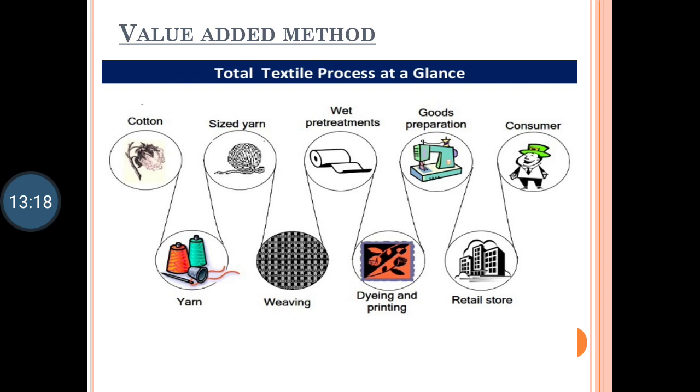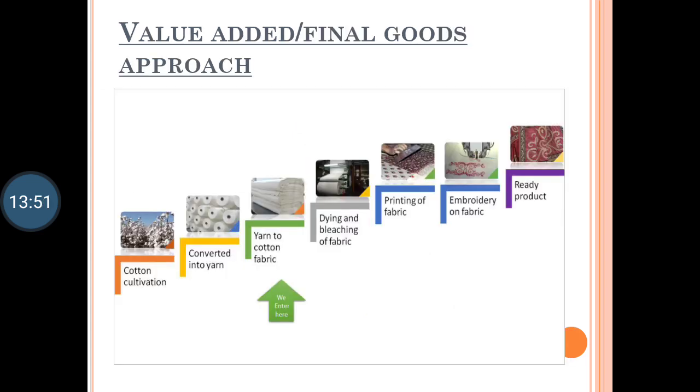One is final goods, where you consider only the final goods approach. Suppose a shirt is ready, you see in the market, when the shirt goes to the market for selling, that shirt costs 500 rupees. So here what you are doing, you are just directly considering 500 rupees of the shirt. But in value added, you are not directly taking 500 rupees into consideration, but at each stage you are counting how much is spent. This is the difference between the final goods and value added method. This is one more example. It goes the same way.